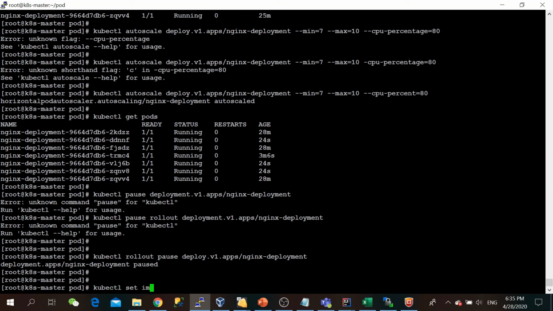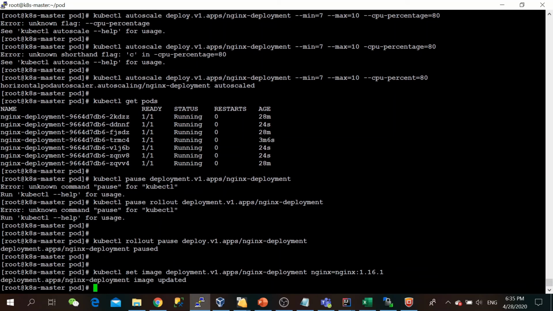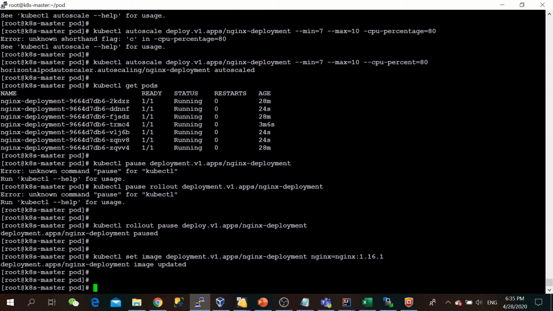kubectl set image deployment v1.apps/nginx-deployment, nginx=nginx:1.16.1. Okay, but if we see the revision as of now, we cannot see that this rollout upgrade is triggered.